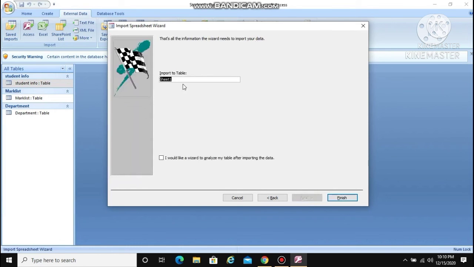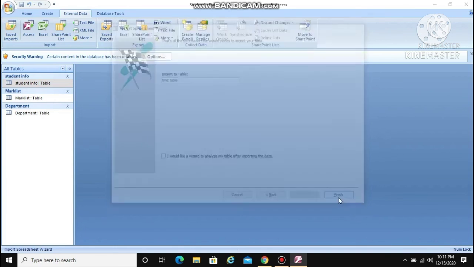Here Access will ask if you want to give a name for the table, you can give. Otherwise, by default, it will take Sheet 1, 2, 3, whichever you have selected. So here I will give Timetable as the name for the table. Click on Finish.